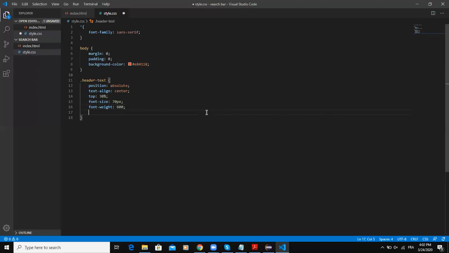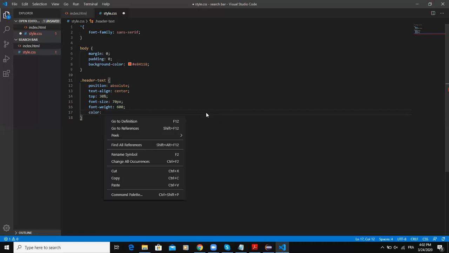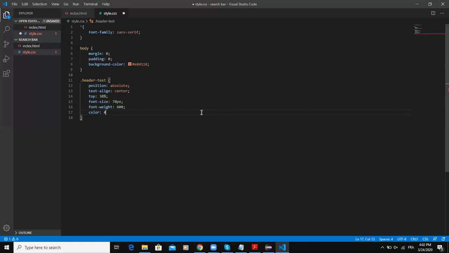And so I need to give color to the writing, the text. So the color will be black. So this is going to be a black color. Okay. I guess this is it. If I refresh,